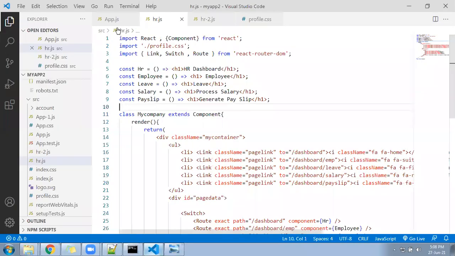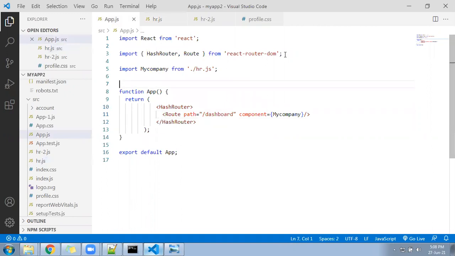So let me go to my VS Code. First, I will show you the structure of my app file. I went here into my app file. I have already written the routing code here. I have implemented React Router DOM, and after installation of React Router DOM, I have imported here HashRouter and Route. Below I have imported my component called HR component, and inside the HR component I have a class called my company, and below I have used the HashRouter, and I have defined here already the parent path as dashboard. My parent path to load the company component is dashboard. Now this is called single level routing.